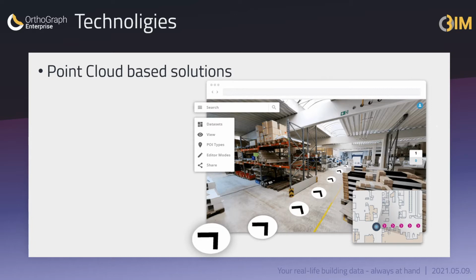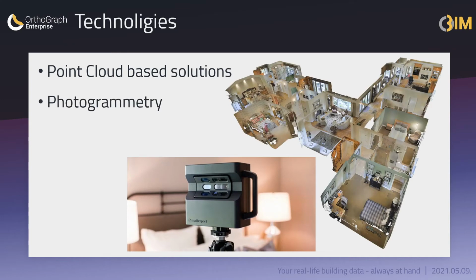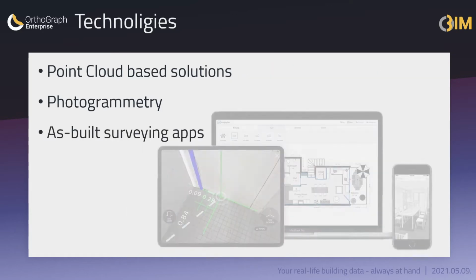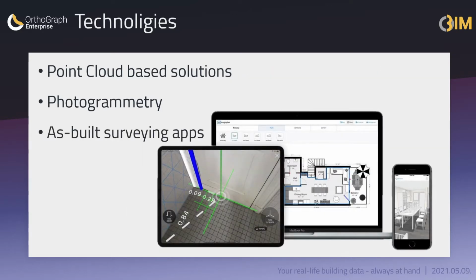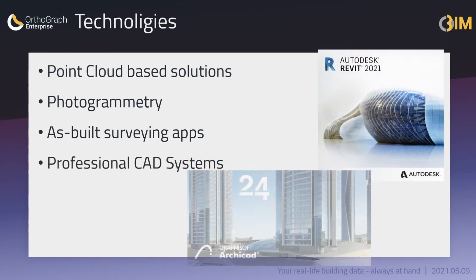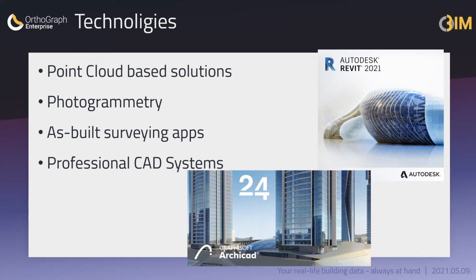The most exotic way of data capturing is the laser scanning technology. Some of them are capable to capture a panoramic photo together with a three-dimensional point cloud. As camera technology is developing, photogrammetry solutions are getting better, faster, and the results are also more and more usable. There are mobile apps running on phones and tablets that can capture floor plans easily using simple tools and workflows. If we need very detailed floor plans, then we should mention CAD systems that are basically made for computer-aided designing, as the name says, so not for surveying. Still, they are a key player of this segment too.